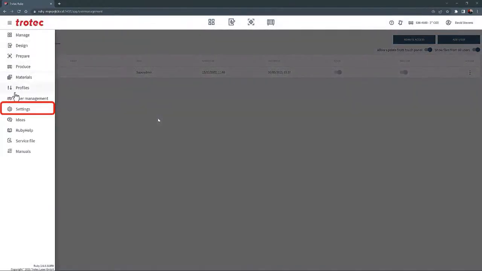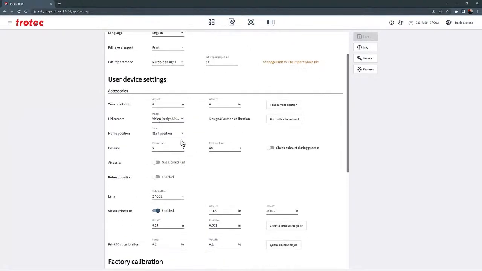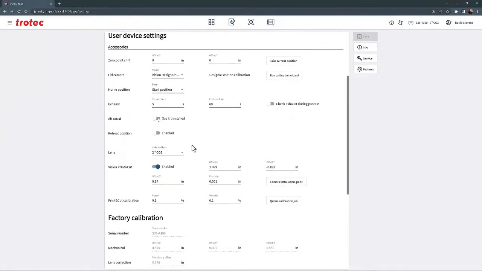The Settings menu is the main menu for making modifications to Ruby, such as the units, metric and imperial, the languages, adjusting the PDF import capabilities, the PDF import mode. Down below that is the user device settings. These are location points, adjusting and turning on the lid camera, home positions, gas assist, exhaust capabilities, retreat position, and here is where the lenses will be changed,